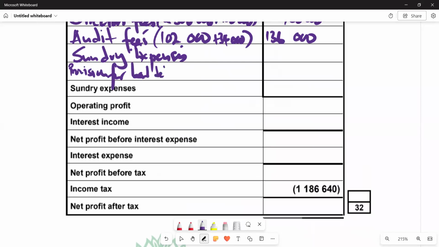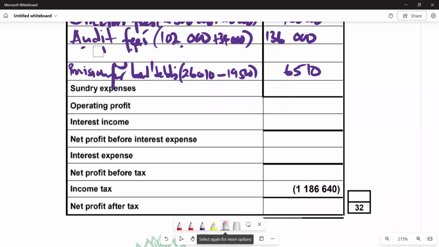For bad debts adjustments, we can just summarize it by 26,010, and we subtract 90,500. And we're going to see an increase of 6,510. So the standard expenses, we can just remove it because it's pre-entered there. So we can just leave it, remove this one, and leave it like this. So this is what we have, and then we can now check again if we've got any other